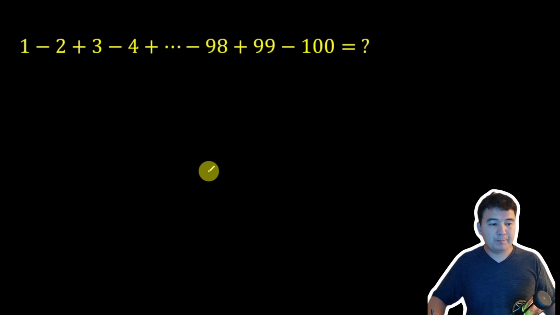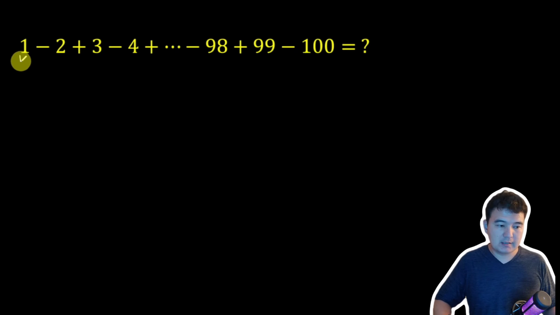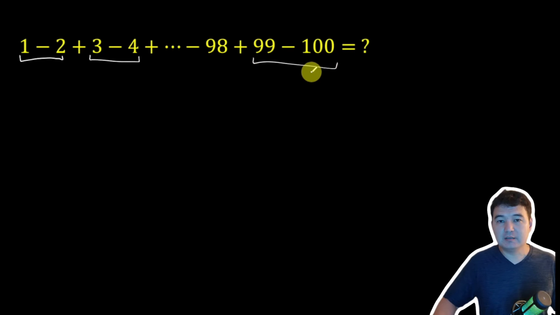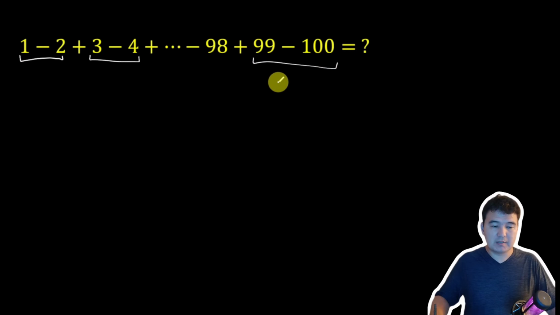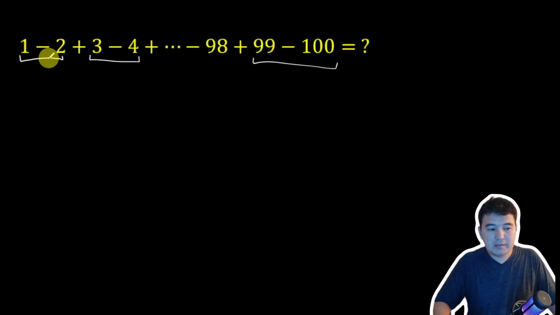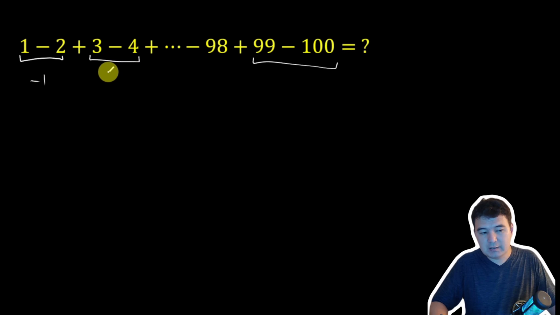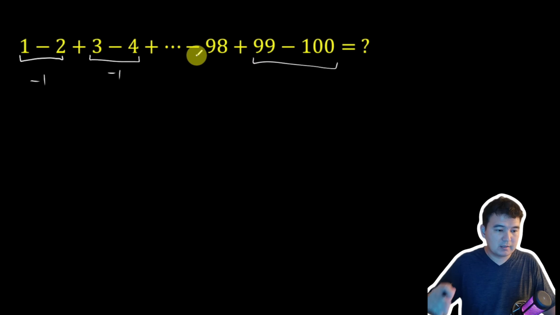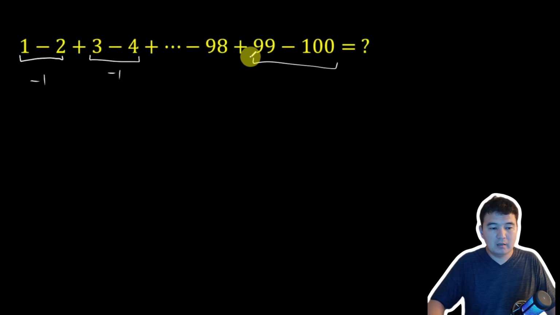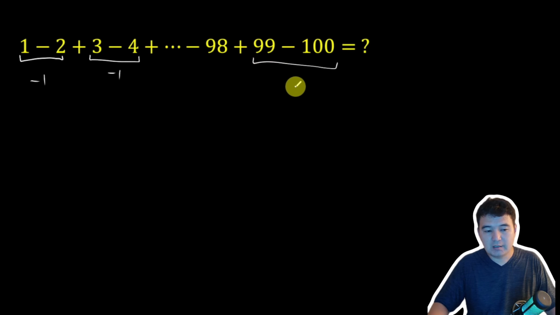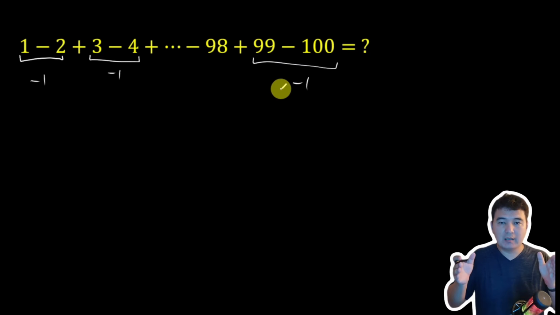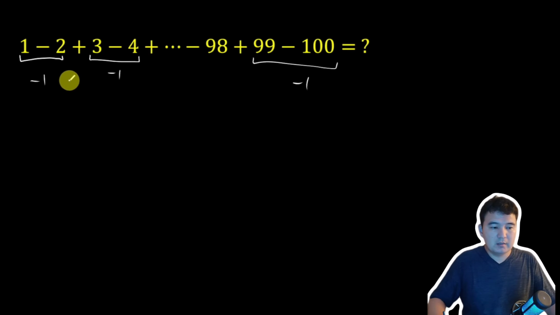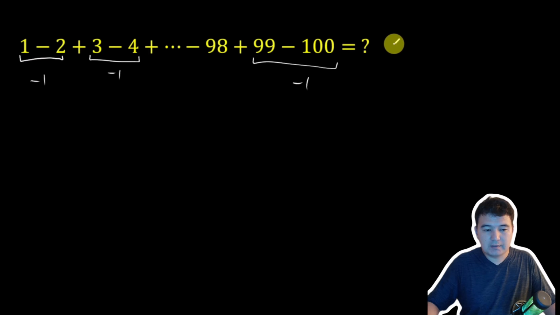Here we are going to pair numbers by 2. Let's just compute each pair and see the result of each pair instead of doing all the numbers at the same time. So 1 minus 2 is -1. 3 minus 4 is -1, and so on. You just keep going up to 100 with alternating signs. 99 minus 100 is -1. Since there are 100 numbers, we will have 50 pairs. Each pair results in -1. So the result of this expression is